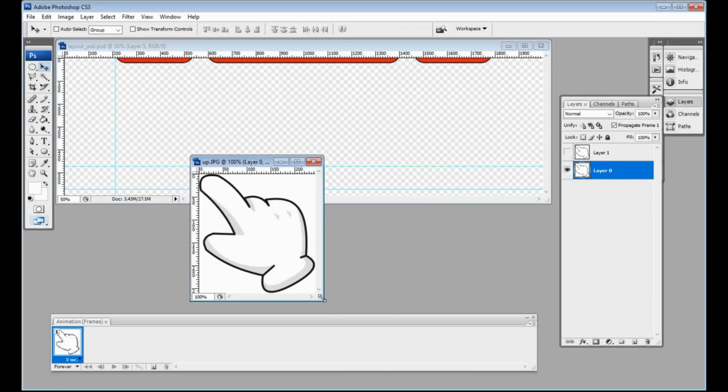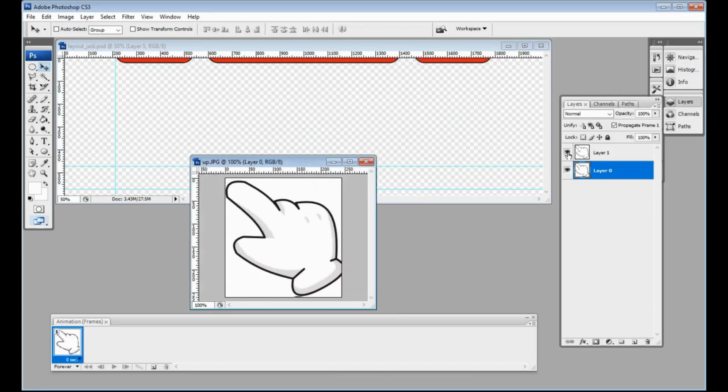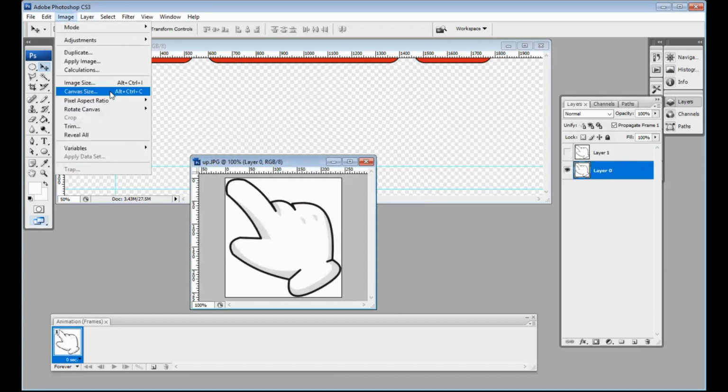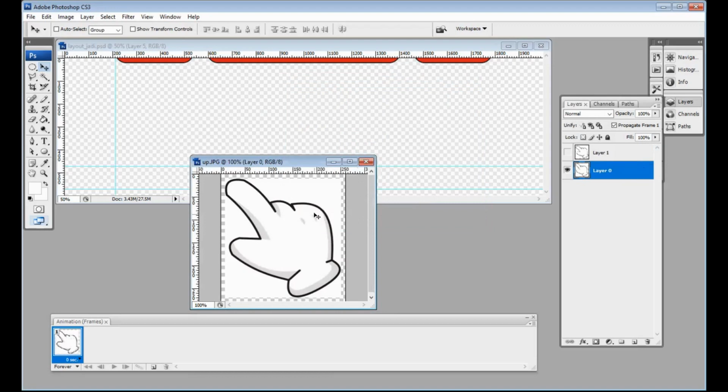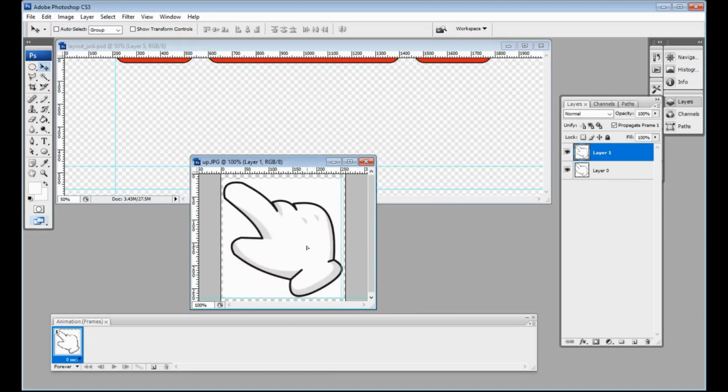Let's try 1. I will change the canvas size. Sorry. I use this guideline. Here. Maybe like this. You can see.